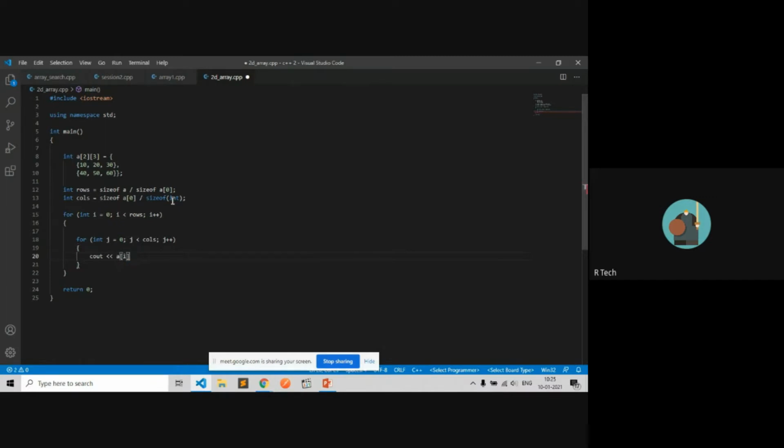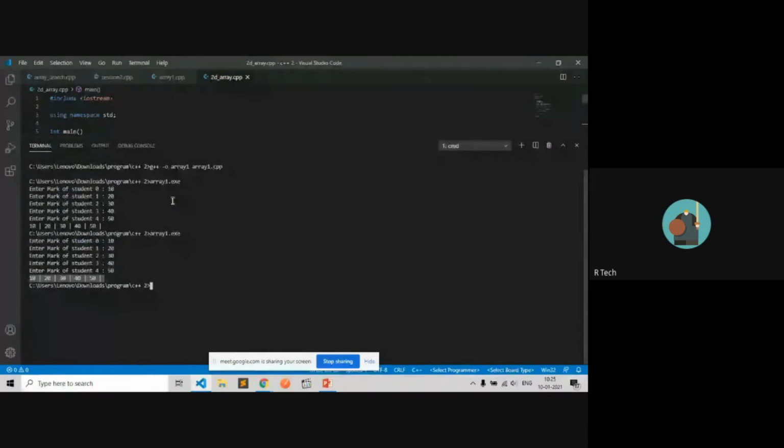We have the number of rows and the number of columns in there. Now compile first.